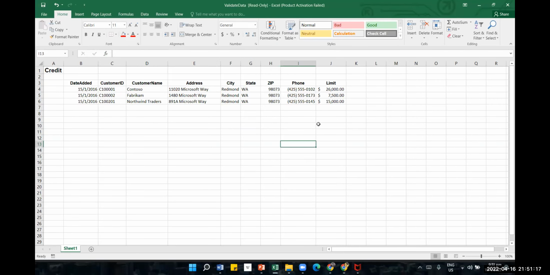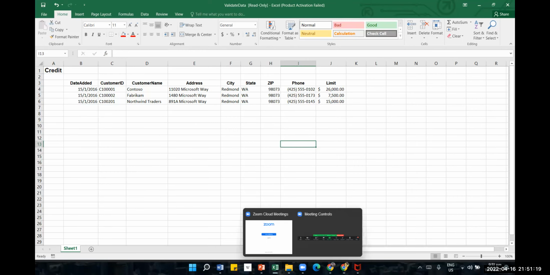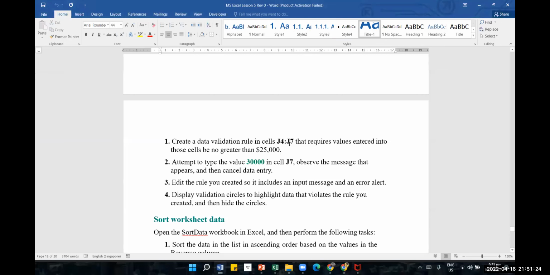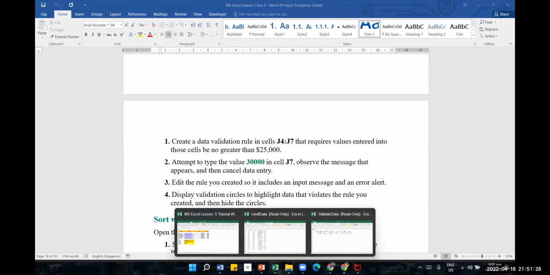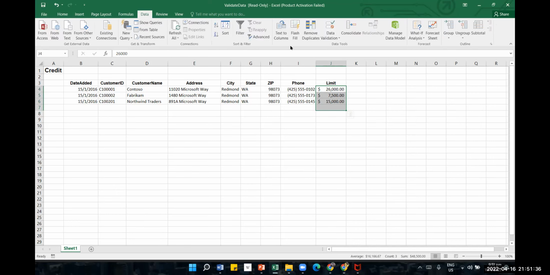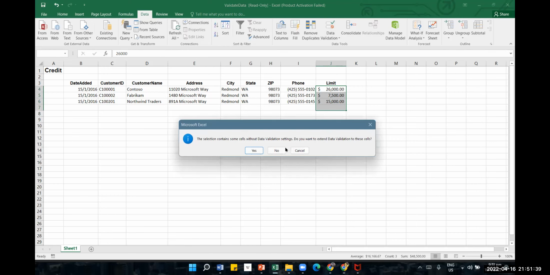They are saying J4 to J7 cells should not be greater than 25,000. So you need to set this rule. So J4 to J7, you need to set the data validation